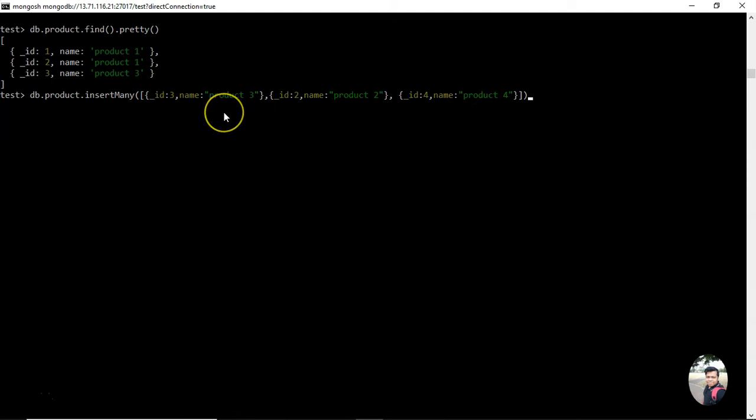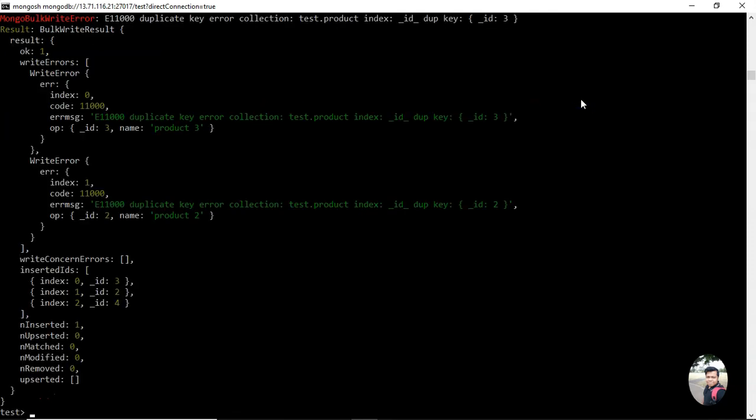So this is very important to keep in mind, that insert many doesn't roll back. So first one got inserted means it is inserted. Second one, it got an error. It stopped there only, and it didn't enter this one. Now irrespective of the order, wherever the error happens, let it happen, but I want all the documents which are good to be inserted. So there comes another flag that is known as ordered. By default it is true. So if you make it false,